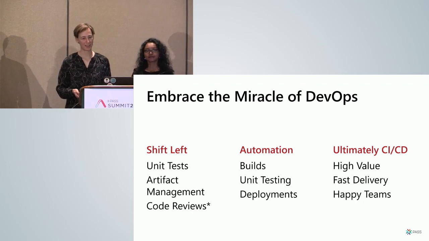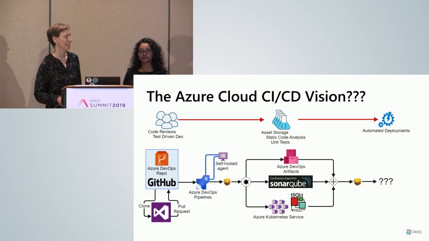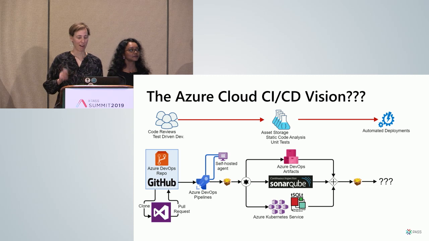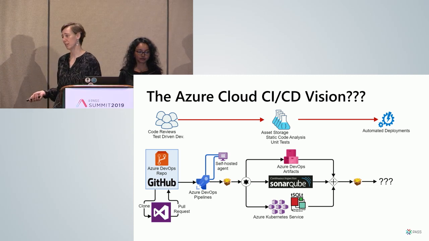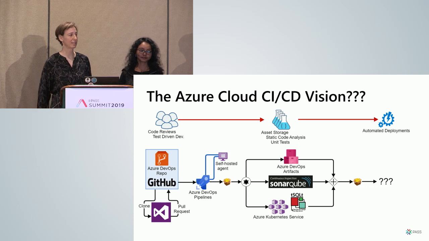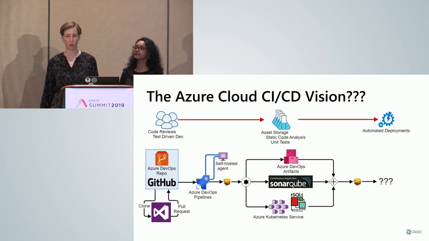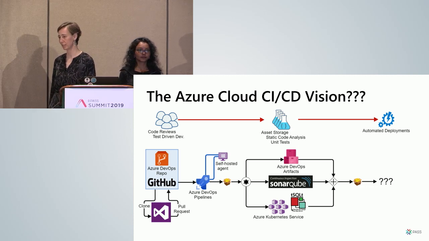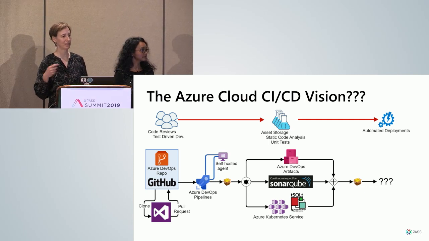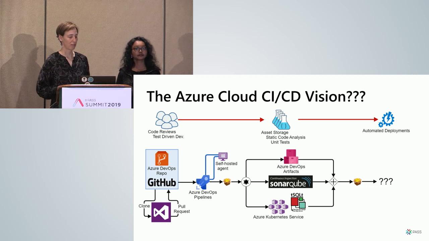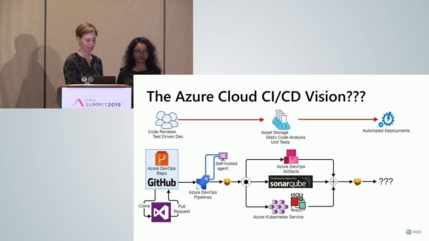So let's talk about what this might look like. There are some question marks up here on our Azure Cloud CI/CD vision, because this is just one way we tried to do it. We put this together in the last couple of weeks. It's a basic straight Azure component replacement for what we have on premises. So this is basically what it looks like on premises, just with different tool sets. So let's see if this will work. No, that's not right.